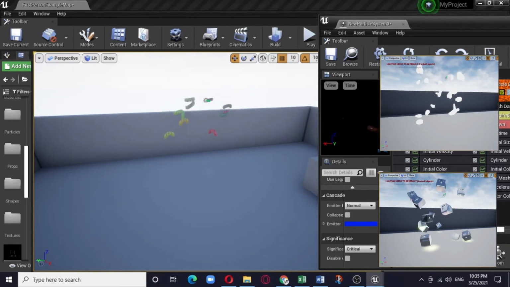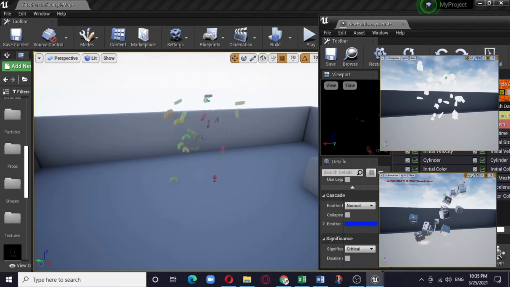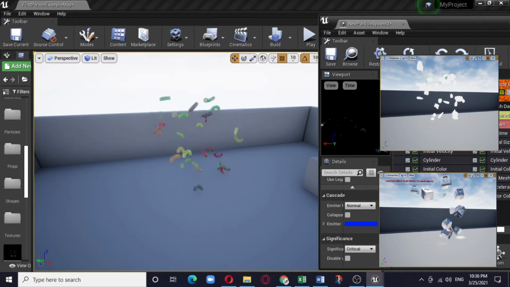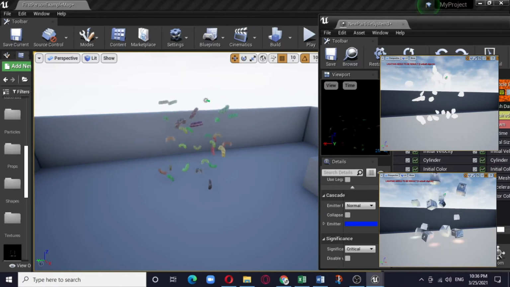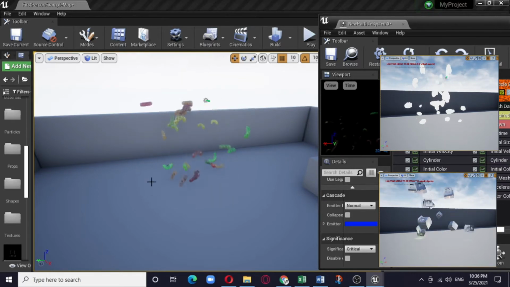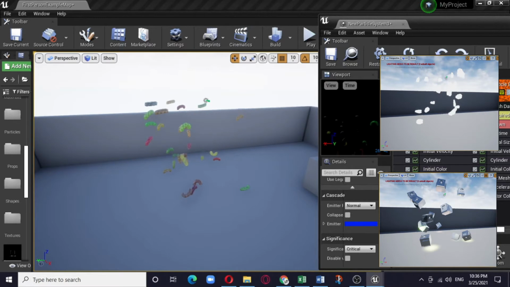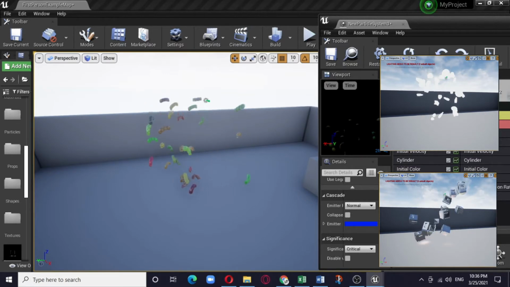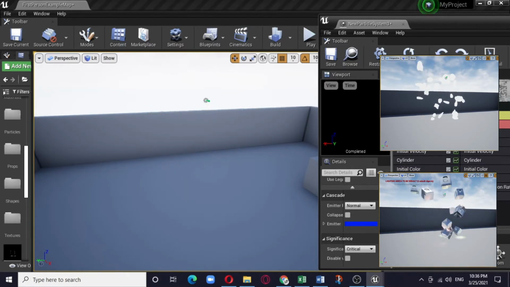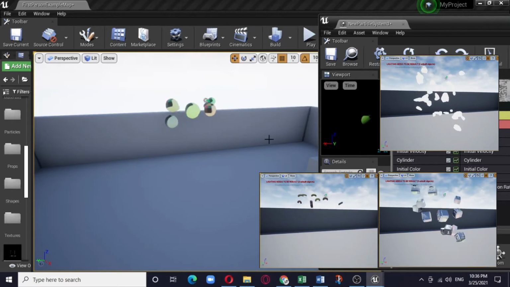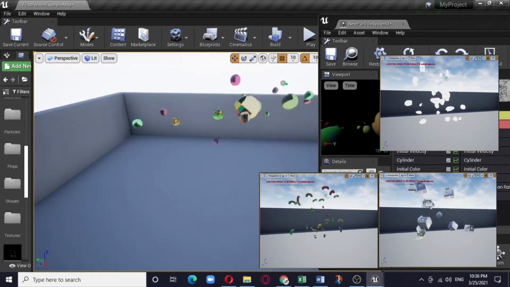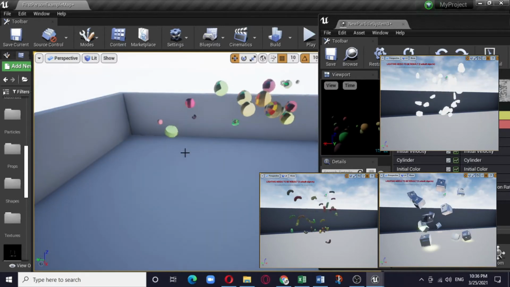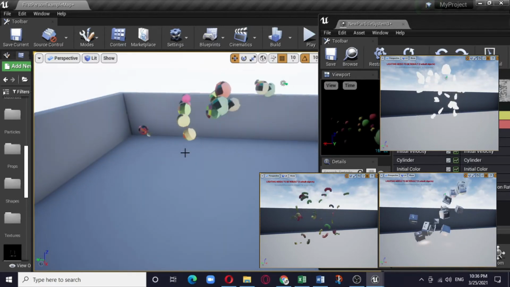Okay, so it is something like some sort of pipes or candies which is being emitted, with some sort of light and a good amount of bounce. And the last example which I want to show you is a ball. There are balls which are getting emitted from one point, hitting, and then bouncing back.